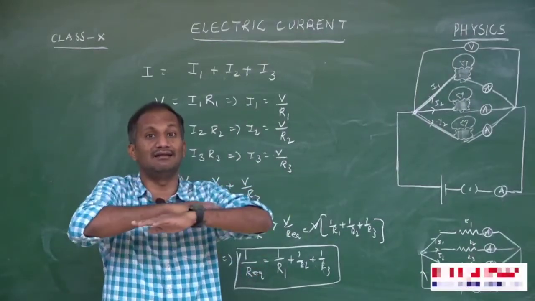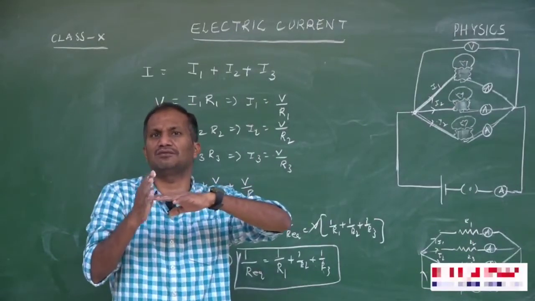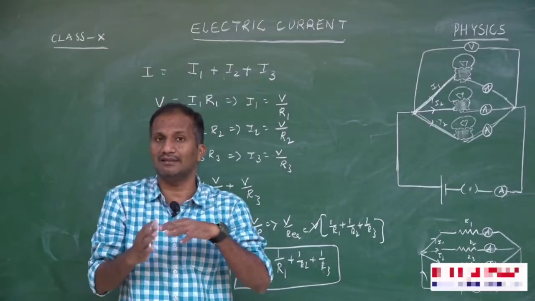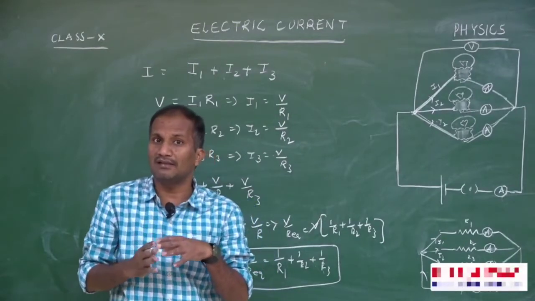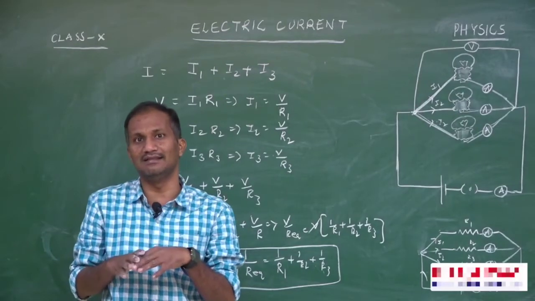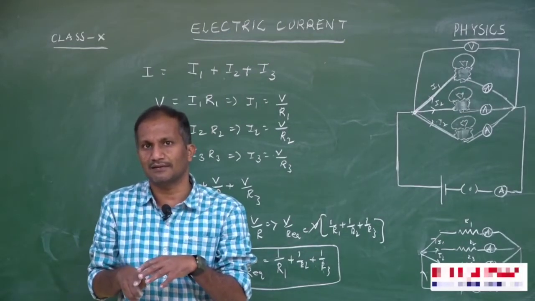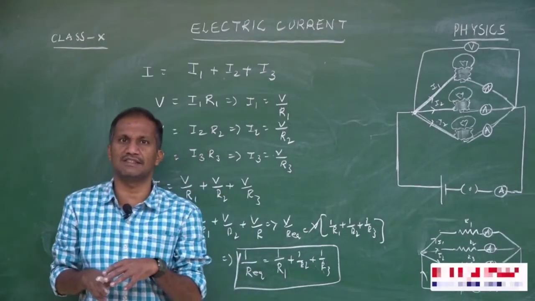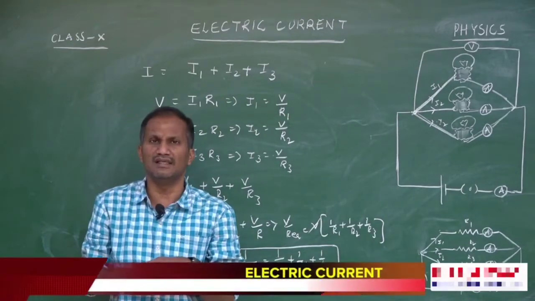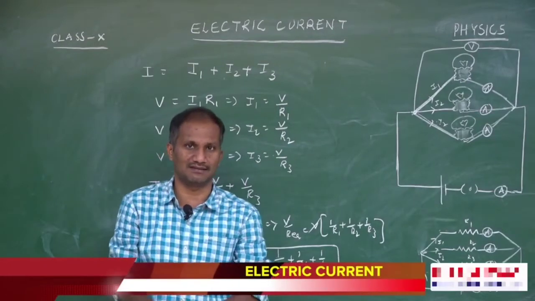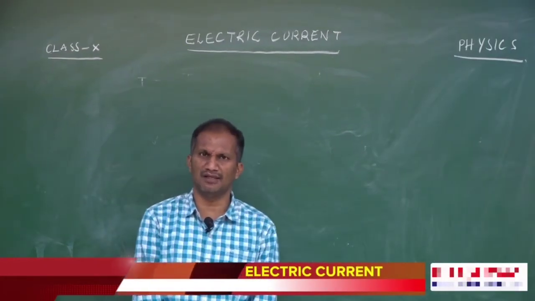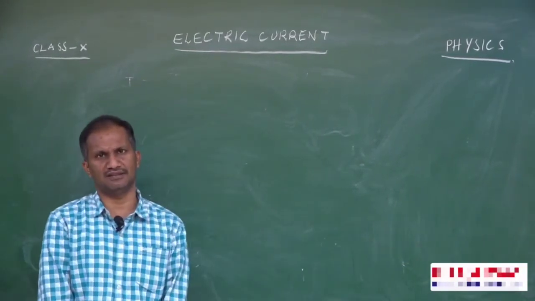As a result, the area of cross section of the resultant resistor will increase. As the area of cross section increases, automatically the resistance offered by those resistors decreases. That is why in case of parallel combination of resistors, the resultant resistance is less than that of any individual resistor. Now we have found the resultant resistance in series combination and also parallel combination.